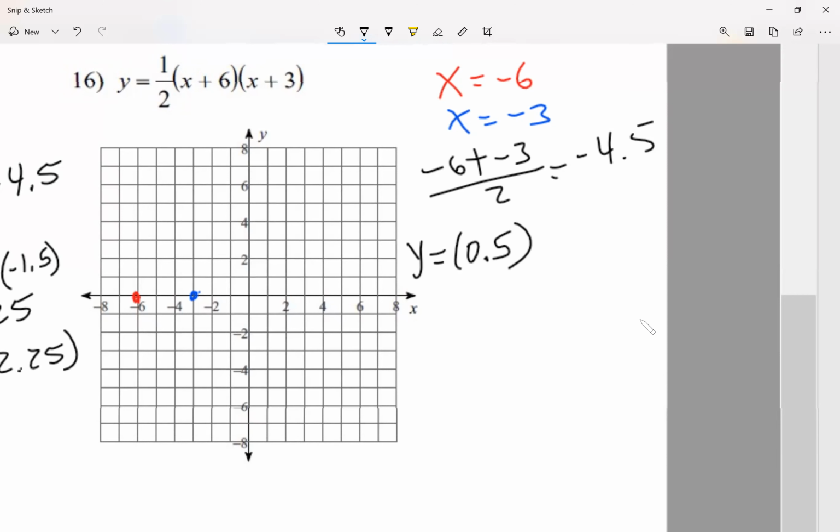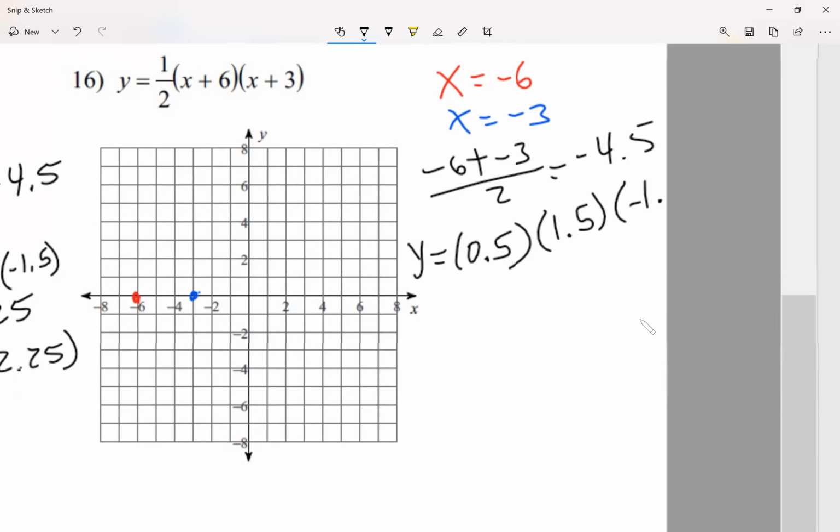So 0.5 times 1.5, right? x plus 6. If x equals -4.5, it's -4.5 plus 6. I'm using -4.5 for each x. The last parentheses, -4.5 plus 3 is a -1.5. I multiply this out, 0.5 times 1.5 times a -1.5, and it gives me